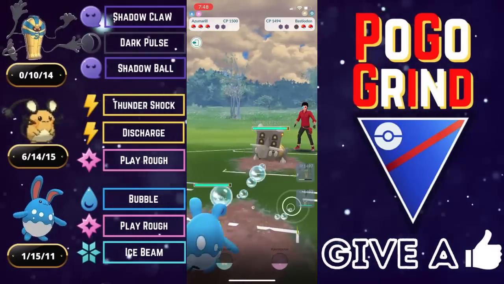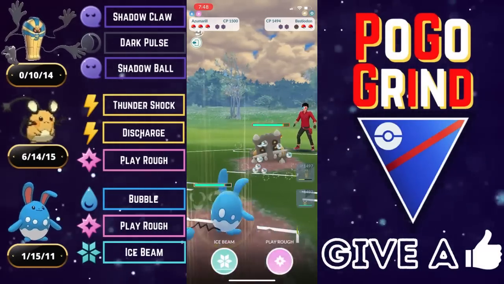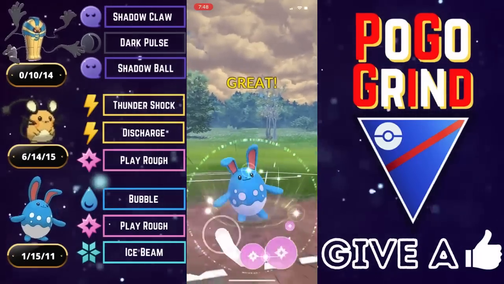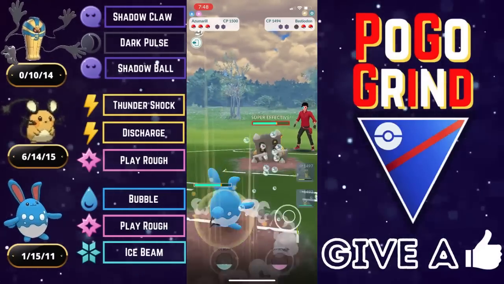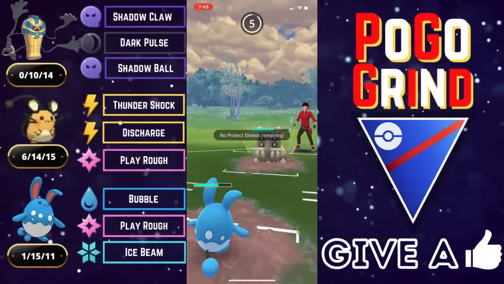They make a play into Bastiodon, and we go into Azumarill because we had to play out the 2 shields, and we don't want our little Dedenne getting rocks thrown at it, getting blasted with Stone Edges. So we're throwing in Azumarill to soak all this damage, and this is why I generally prefer Hydro Pump on Azumarill,